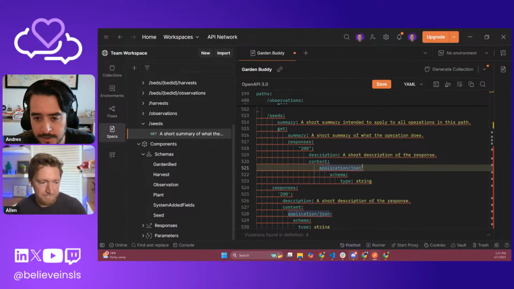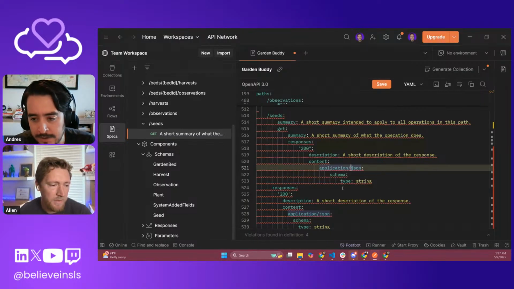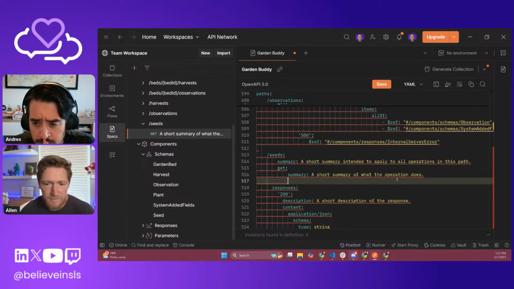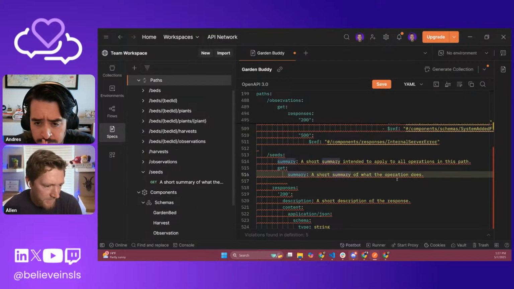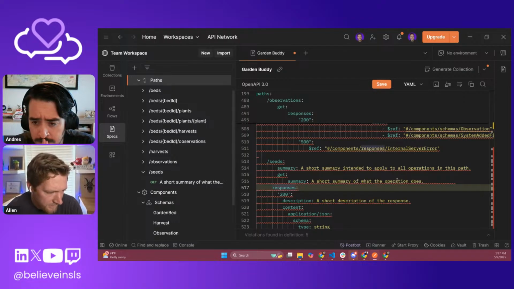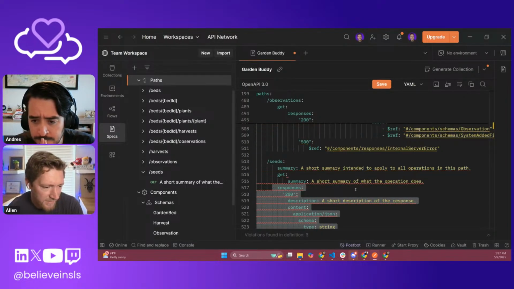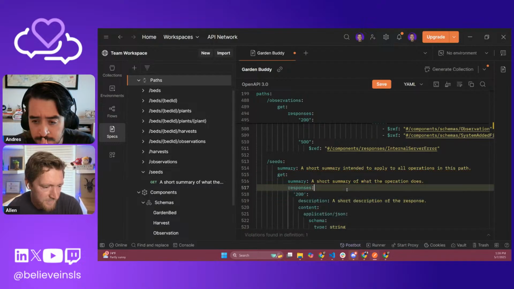Could you do it in line? Well, you can do it in line. I think. Oh, it's already there. It's the tabbing that's wrong. There you go.